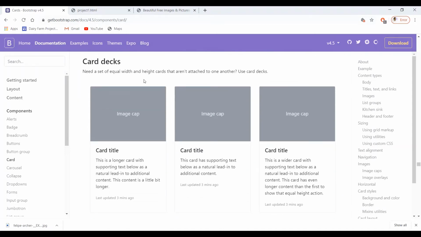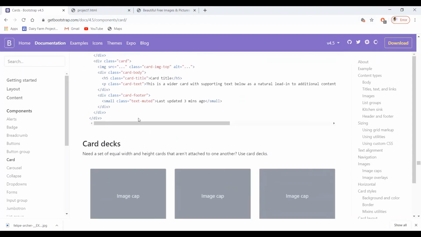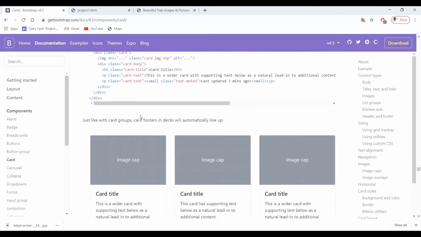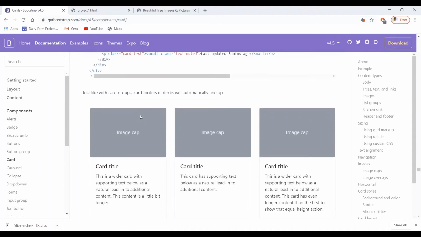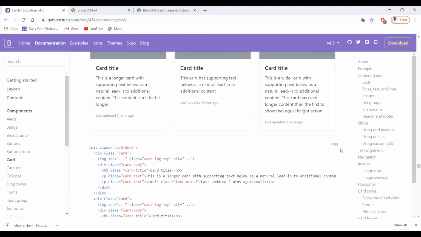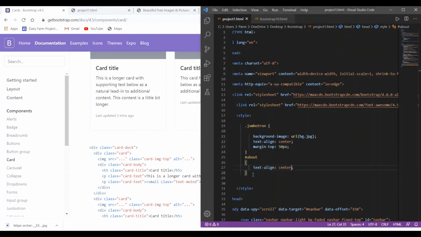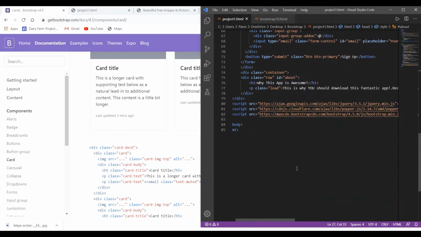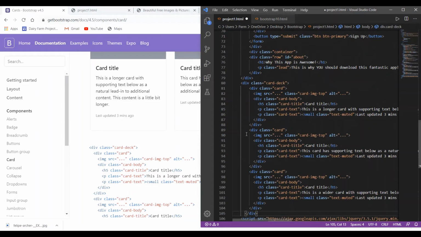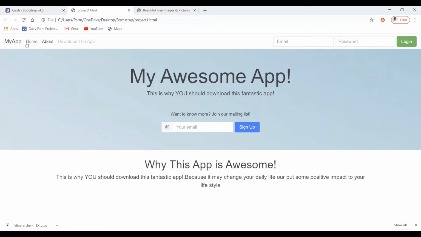Okay, I just go with this card deck. That looks beautiful for me. So here I select this card. Okay, I'm just going with this card. So copy this from here and go to the last div here, then paste it here, save the changes, and here we see,